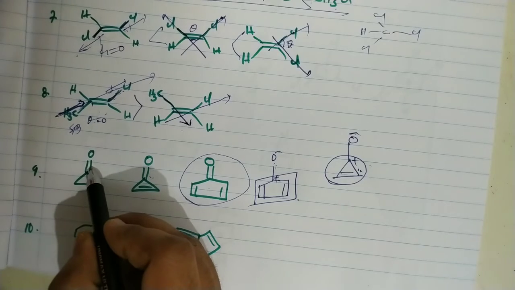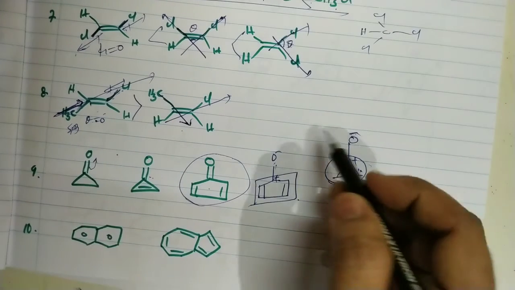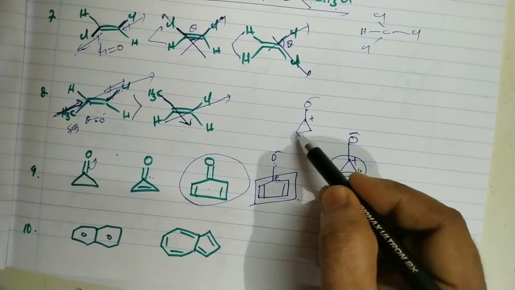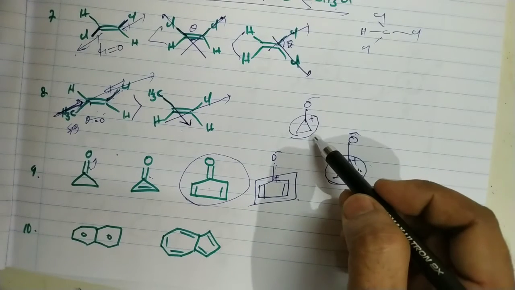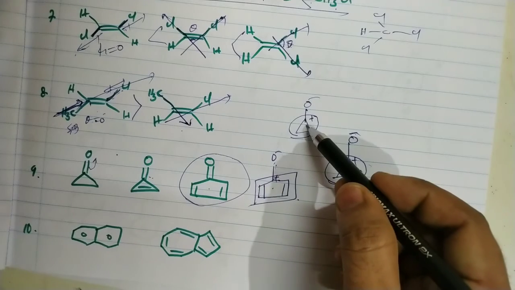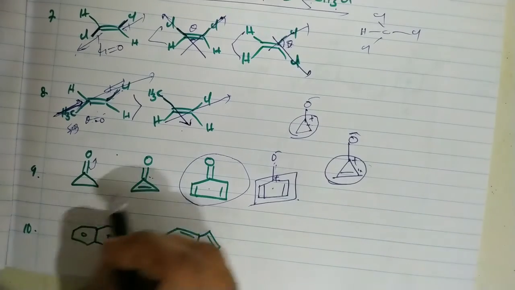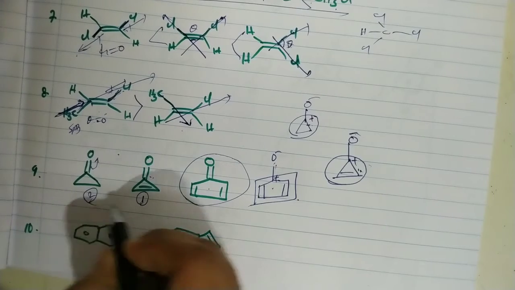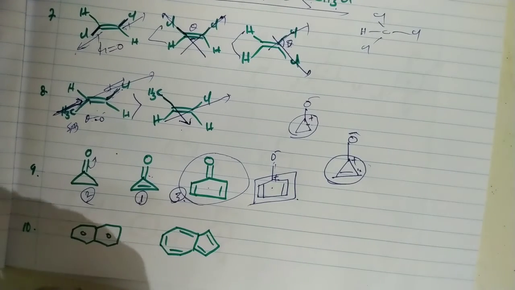But of course, this molecule has some extent of polarity, because in this case it does not attain anti-aromatic or aromatic nature. So when compared with this one, this polar form is slightly more stable. That's why this one has the higher dipole moment, this is second, and this molecule has the least dipole moment.